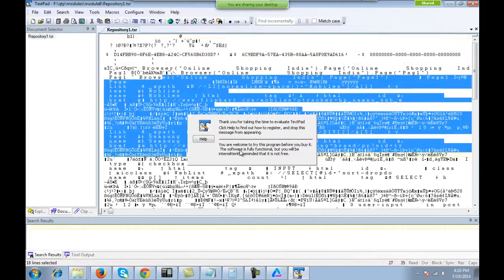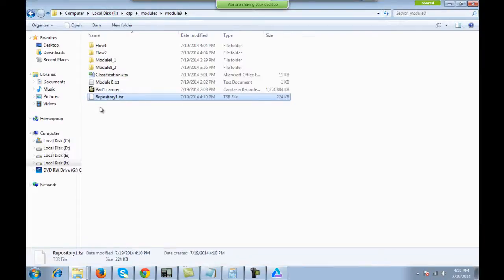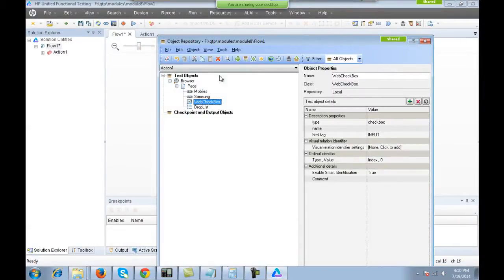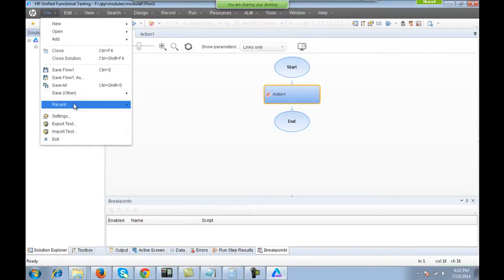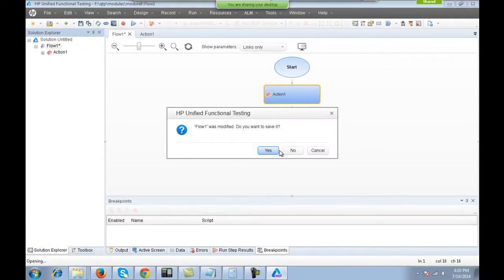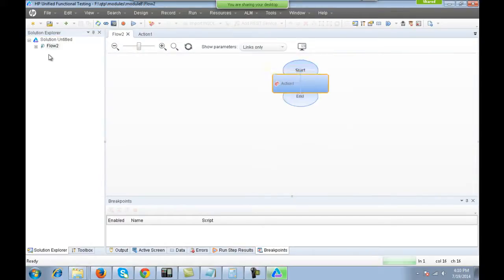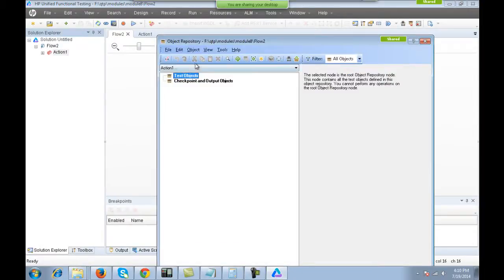right, you'll not be able to understand anything, so don't try to read this file. Right, now suppose all the objects over here have been persisted into the hard drive. Now if I have my other test, which is the flow 2, fine, which has got its repository empty. Okay, this test has got its repository as empty. I can import the repository which was stored on the hard drive into this. I can select the option over here,